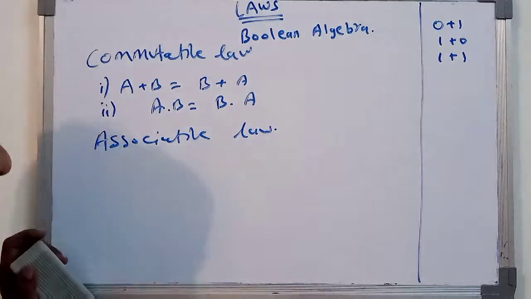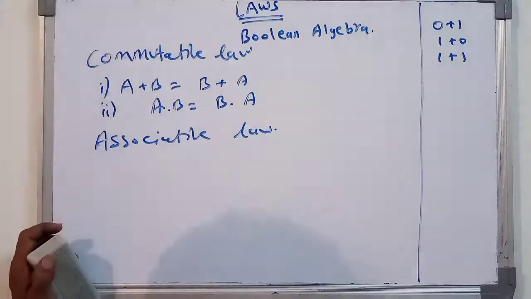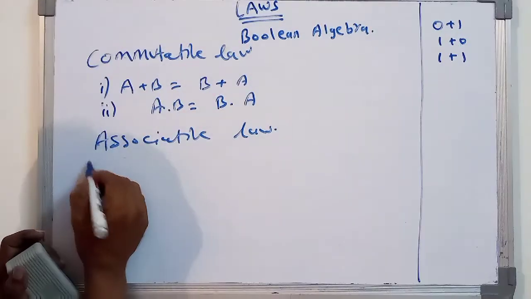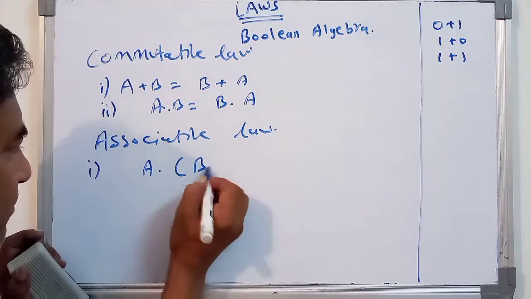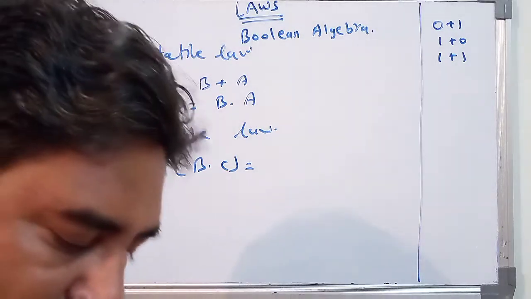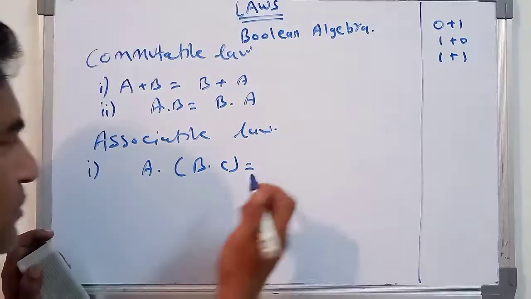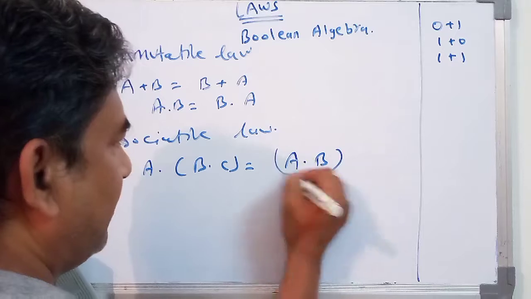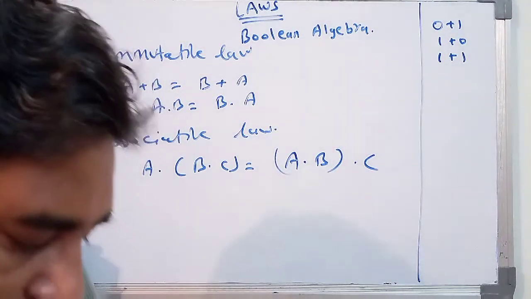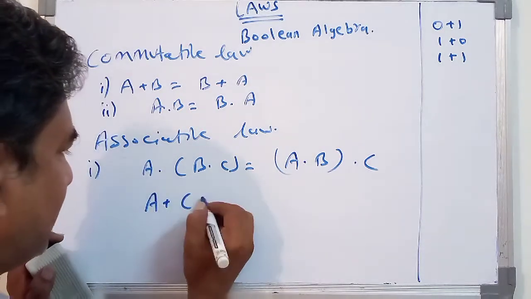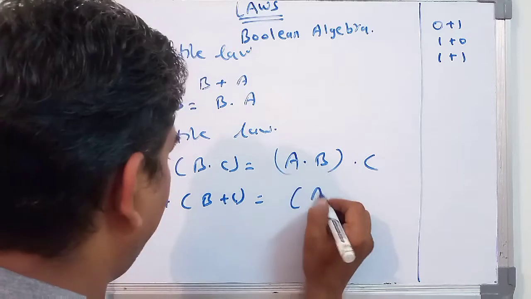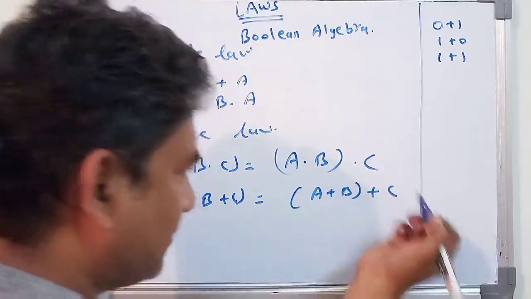Associative law. If you are going to consider that particular associative law with the addition and the multiplication, then if it is like this, a dot, then b dot c, then what will we get? You get the value of whatever is present in the bracket; that bracket we have to sort out. Here a dot b and c, like this you are getting the associative law for the first. And if it is a plus in bracket b plus c, like this, what will we get? Here you will be obtaining a plus b plus c.